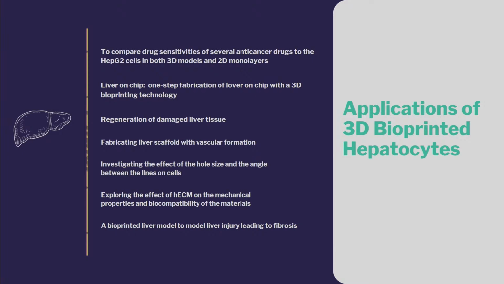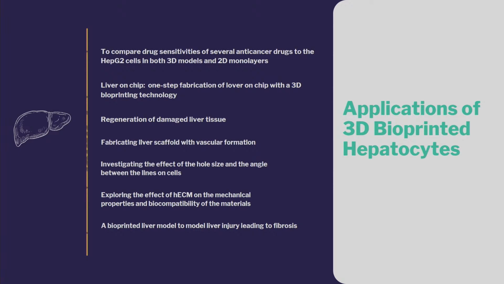Liver on a chip is again a very innovative and eye-catching technology that people are working on right now. In this liver on chip, you can create an artificial liver microenvironment inside a chip kind of setup, and you can do a lot of drug screening and drug testing inside that chip itself. Then definitely regeneration of damaged liver tissues, fabricating liver scaffolds with vascular formations,